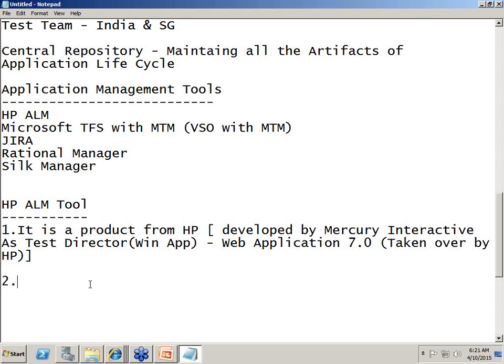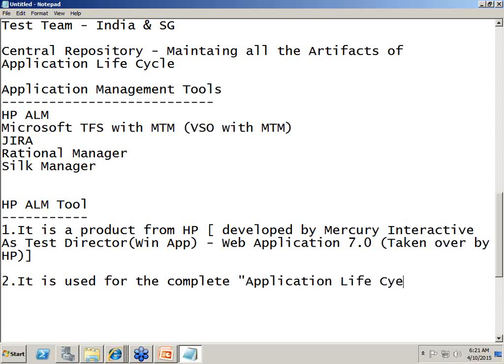Okay, now we'll go a little more into the introduction. It is a product from HP. Then we'll say it is used for the complete application life cycle